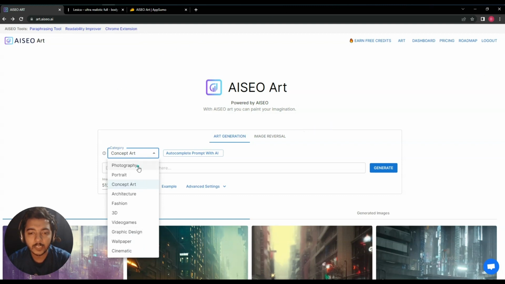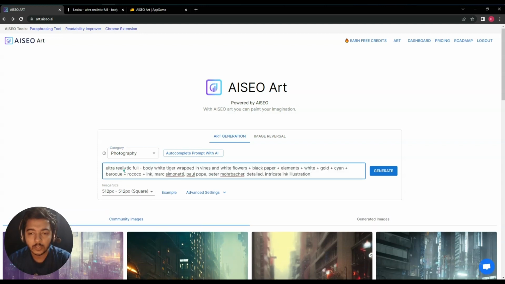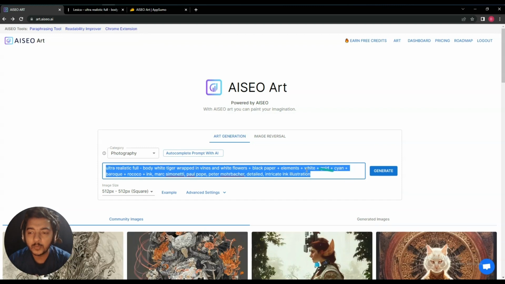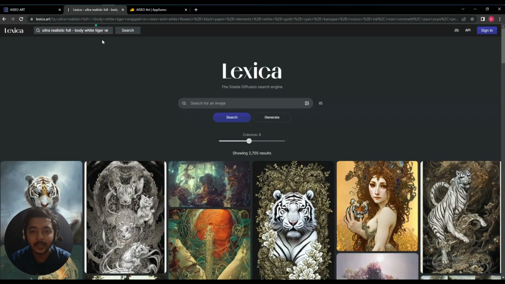Now let's say I'll select here photography, and here I'll describe the imagination. Let's say this is my prompt, and this prompt writing or prompt description is another level of skill, I think, guys. And currently I do not have this type of skill, that's why I have used lexica.art here. Lexica.art is a tool that will help you to generate amazing prompts, and that will help you to turn your idea into text. Let's say you want a tiger image, just search a tiger,